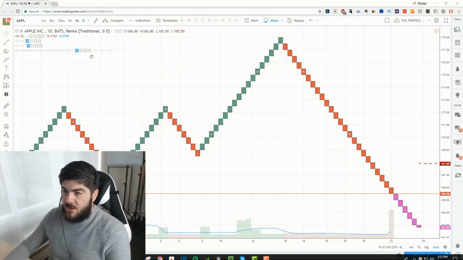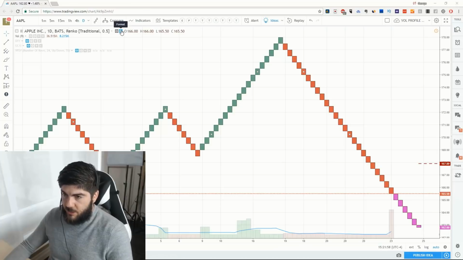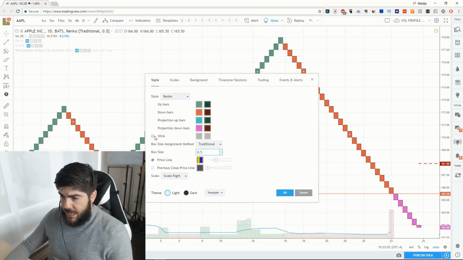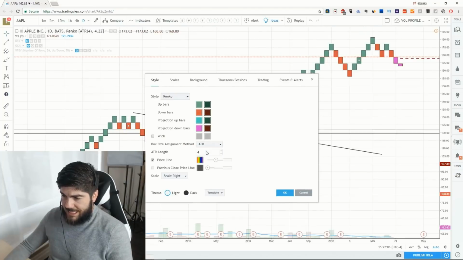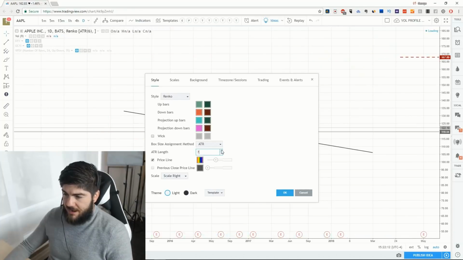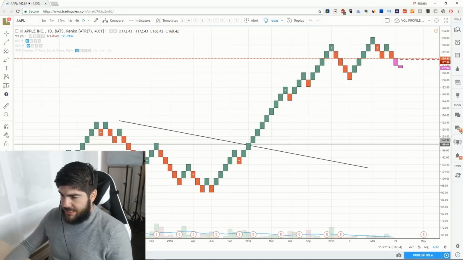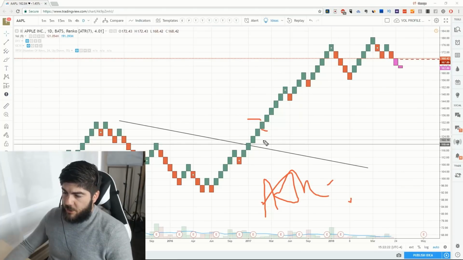On TradingView, you could click the little gear wheel up here, which allows you to go into the settings, and instead of using box size assignment method traditional, you could use ATR. What ATR stands for is average true range, and let's assume that we want to see the average true range for the last 7 days. What that will show you is the last 7-day ATR value, and that is what will determine or create the